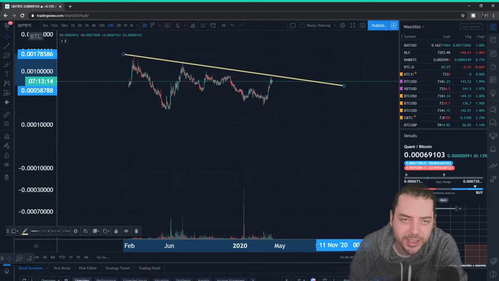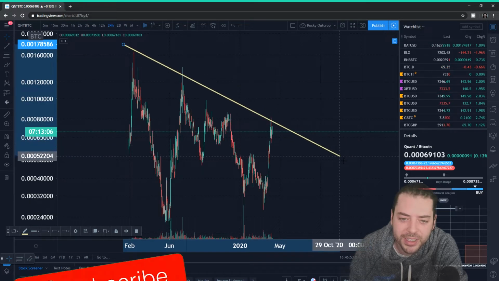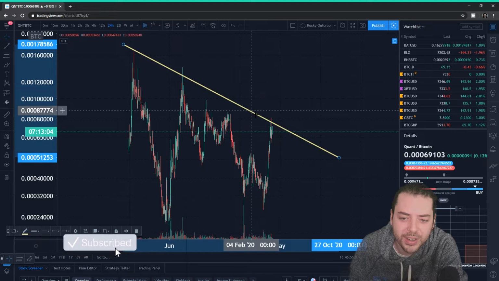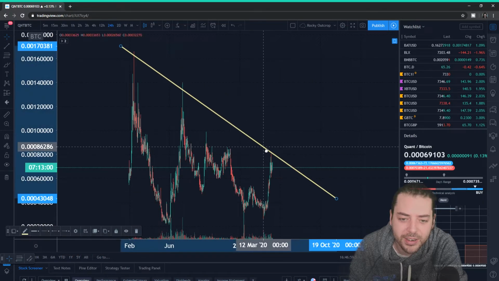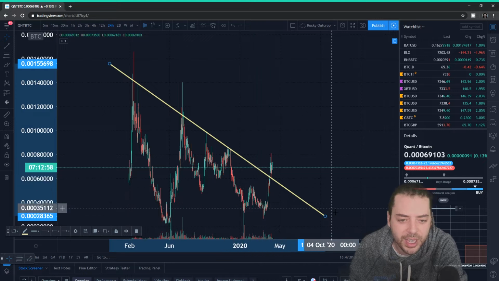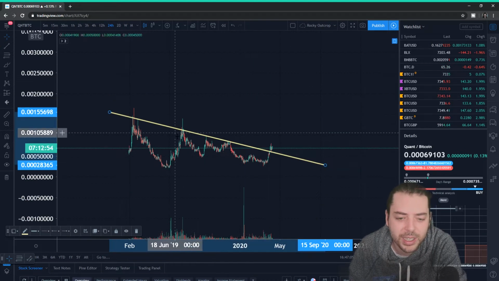I tend not to look at coins like this, but hey, why not? Let's just do it for the crack. I was asked to look at it, so why not? You can see maybe there are slight differences if you've got this drawn in on log or whatever. Let's take it off log for now, and let's be generous with it and talk about things from the bullish case scenario just as we get started here,